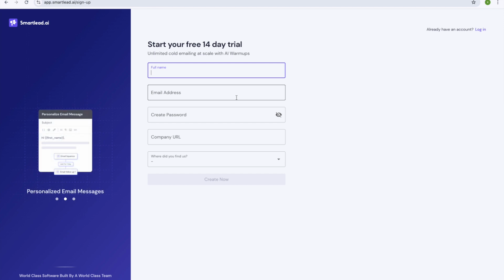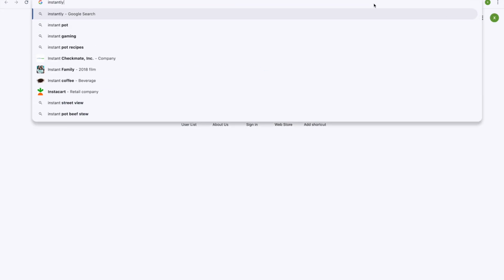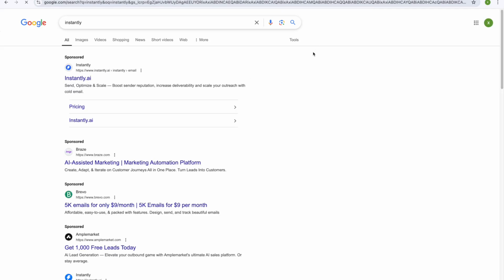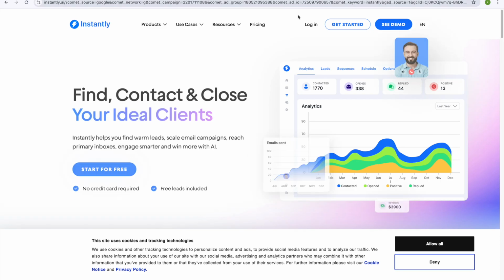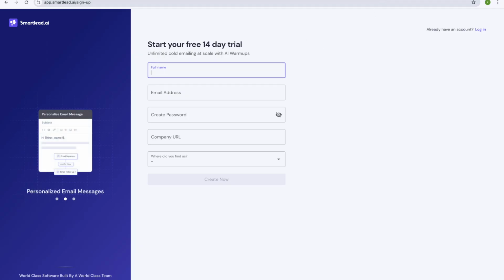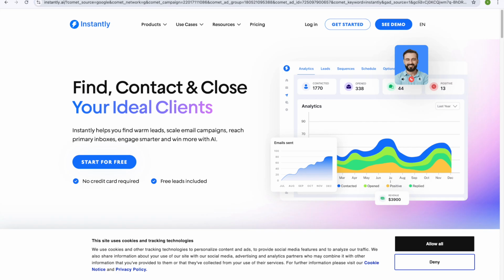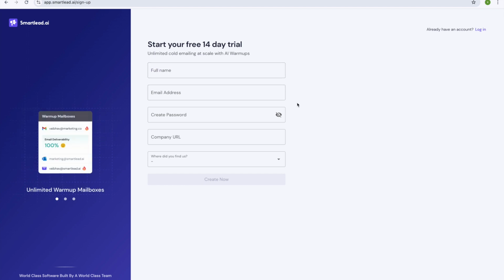There's another software called Instantly. I haven't used it. I've heard a lot of good things about it, so you can take a look and compare if you'd like. However, I've used Smartlead. It's around $94 a month to send a ton of emails, sending 20, 30,000 emails a month for $94, so it works fine. I think it's very similar on Instantly, but just another option for you guys. So you're going to enter your information here, start a free 14-day trial, and we're going to go on to